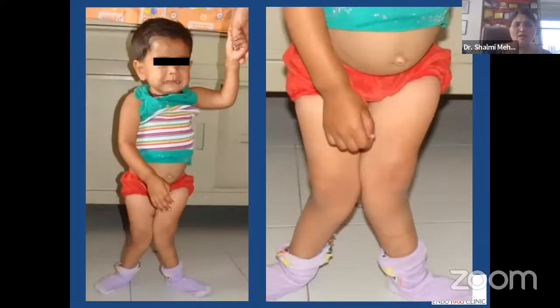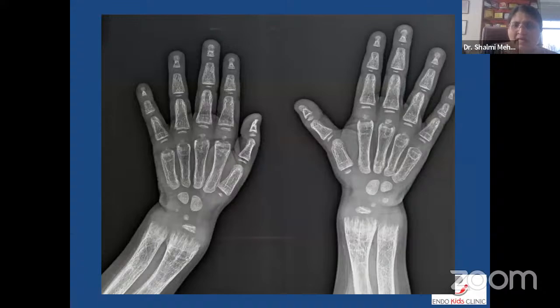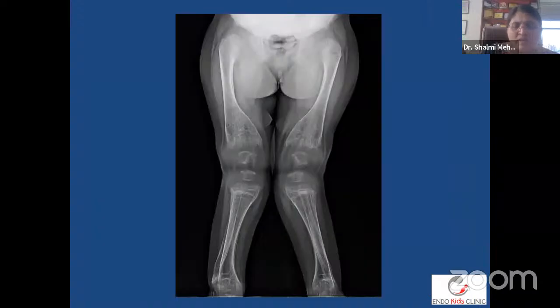And if you can see, the irritability is there on the face, the severe genu valgum, the widened wrist, the pot belly, if you can appreciate. And you can see the widened wrist here, typically all signs of rickets are there clinically also. And this is the X-ray which shows severe rickets. So she is 3 years and 8 months old. Both in the lower limbs as well as in the upper limbs, you can see there is severe osteopenia.